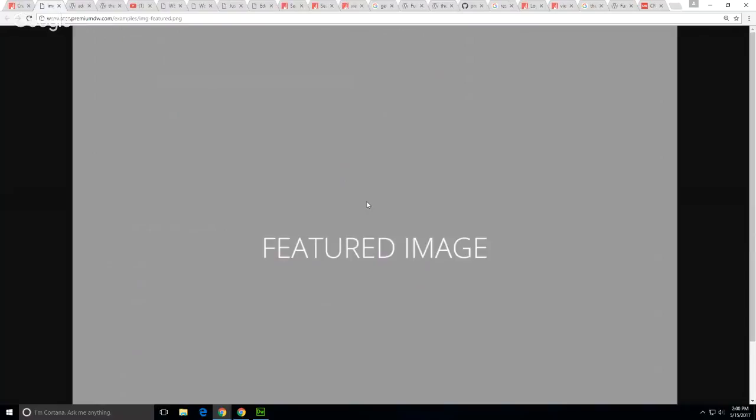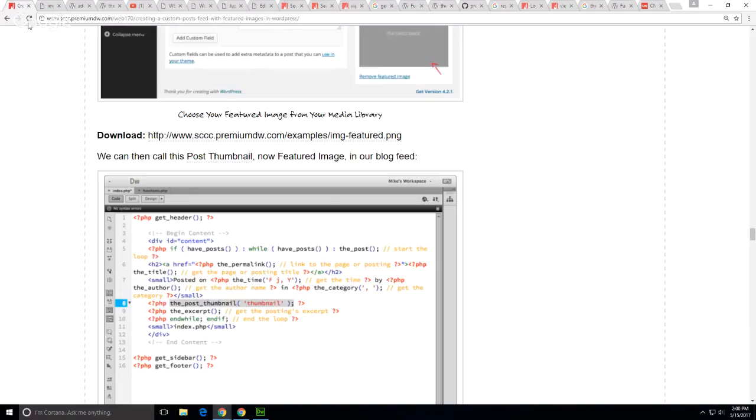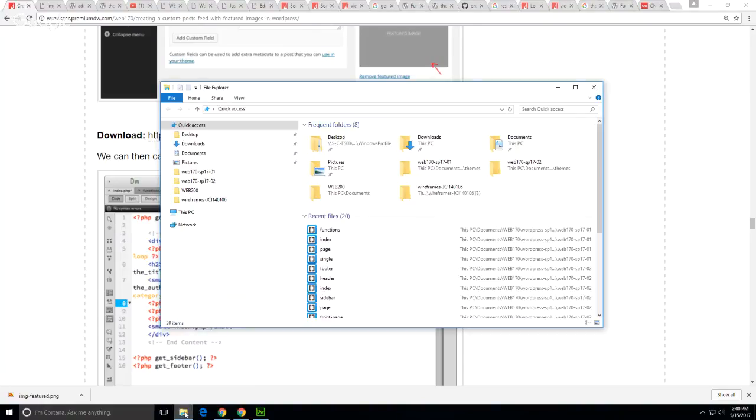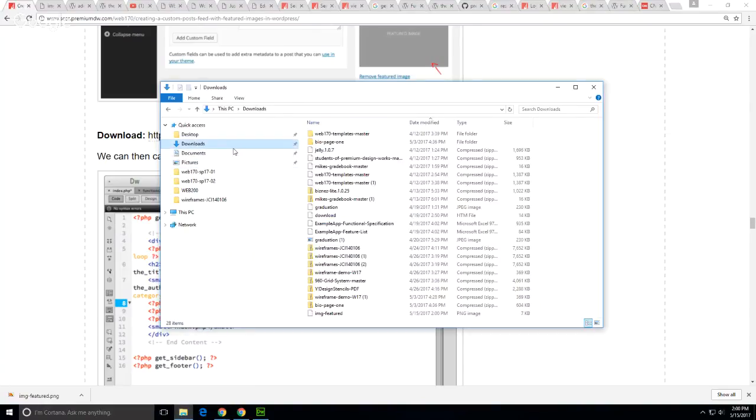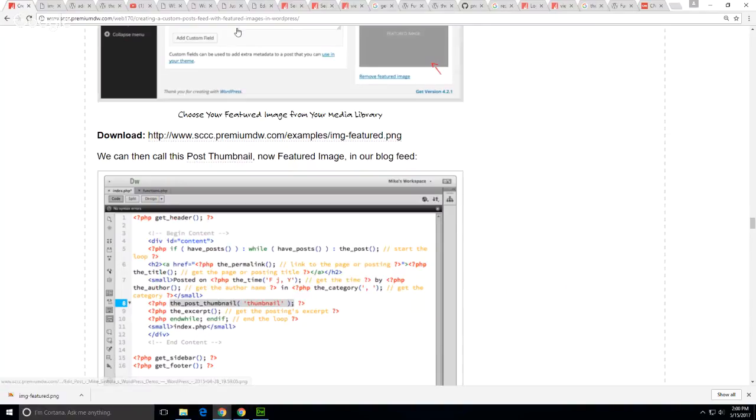I have created a dummy image for you guys to use if you want to use it, or you're welcome to use whatever you want. But if I save link as, download my featured image, see where it goes. If I went to the downloads folder, downloads, featured image, right? Then what I can do is